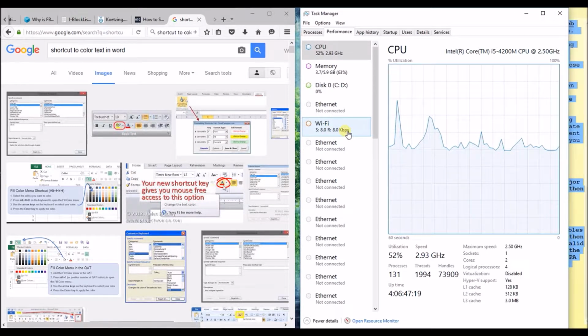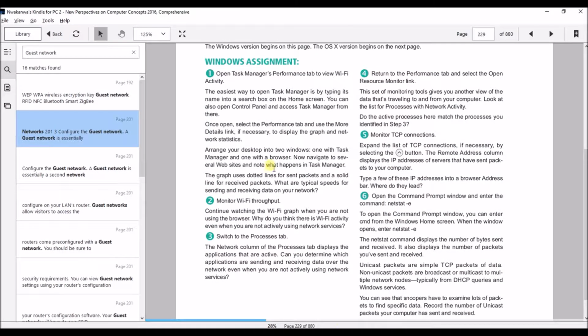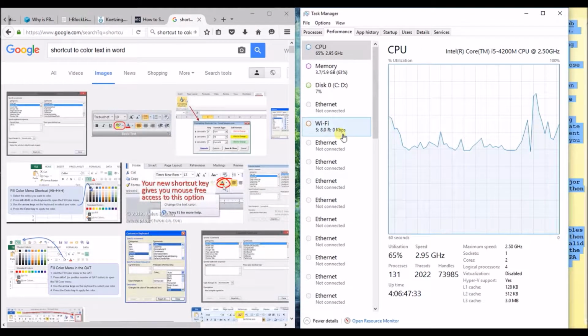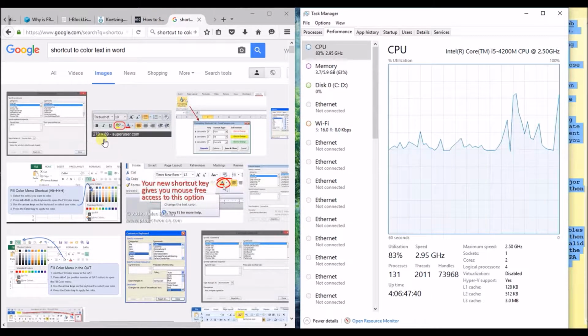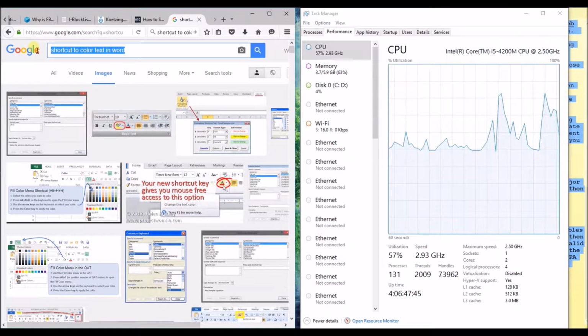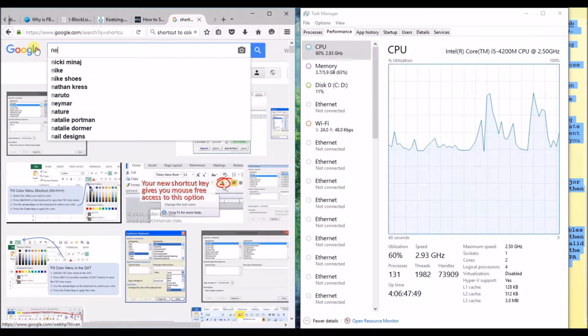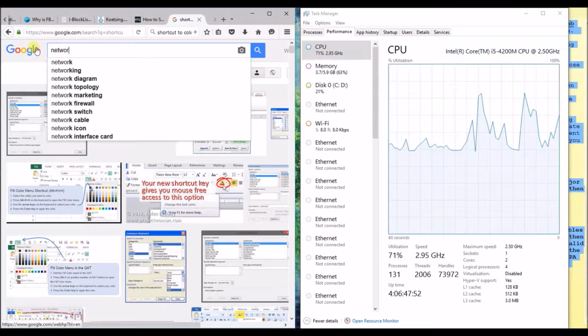I think this is the speed, because the question says typical speed for sending and receiving data. So S and R, sending is 8.0, receiving for right now is this. So if we do networking,